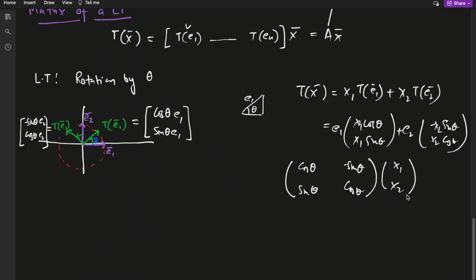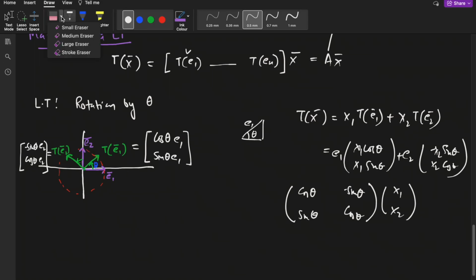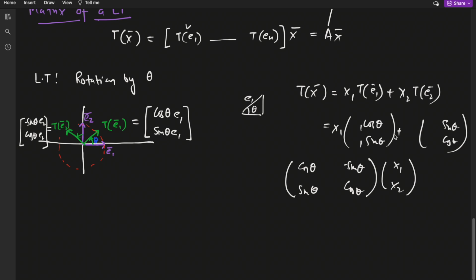Okay, sorry, I made a mistake. It is e1 here, x1 here, right? I wrote it the wrong way around. x1 was outside, x2, this was e1, this is e2, right? Okay, but you will say, okay, where did this e1 and e2 go? x1 x2 are here,